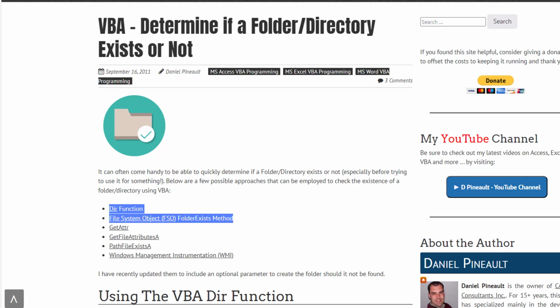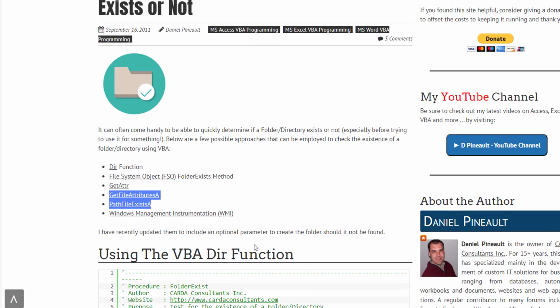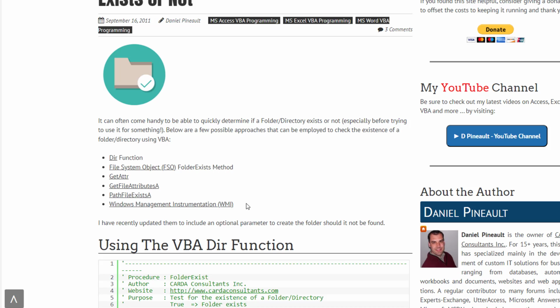But then I added some more. GetAttr, which is another thing that's baked directly into VBA, so it's there for us. Then I added 2 APIs, and then I decided I wanted to test WMI, Windows Management Instrumentation. It can basically do anything. It has access to pretty much everything, including the file system. So I want to see how it would work. And then, of course, get into speed testing all of these to see how they compare one to another, see which ones we should avoid at all costs, and which ones are the good ones